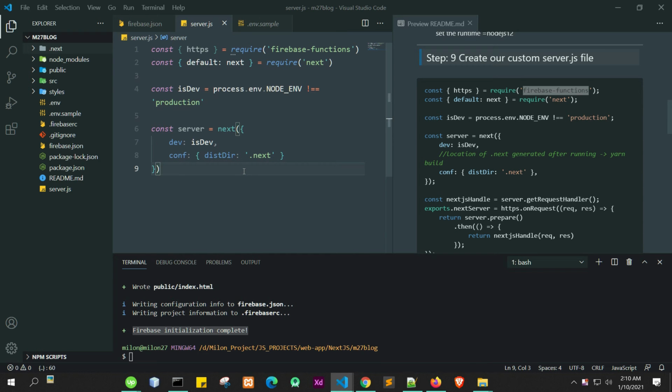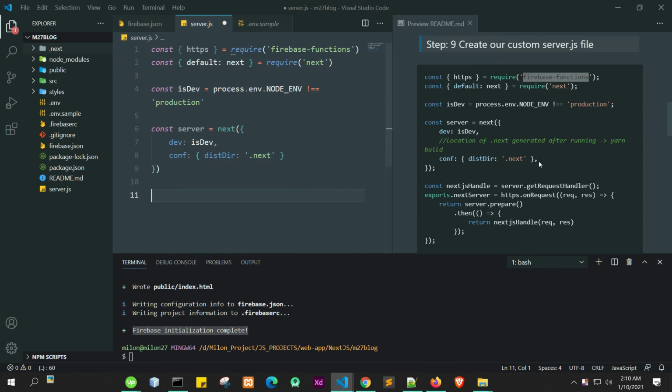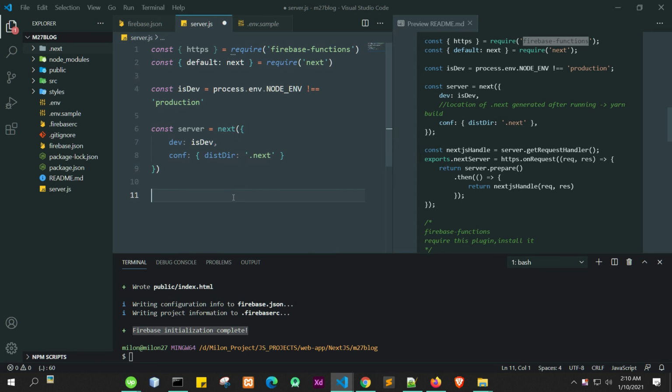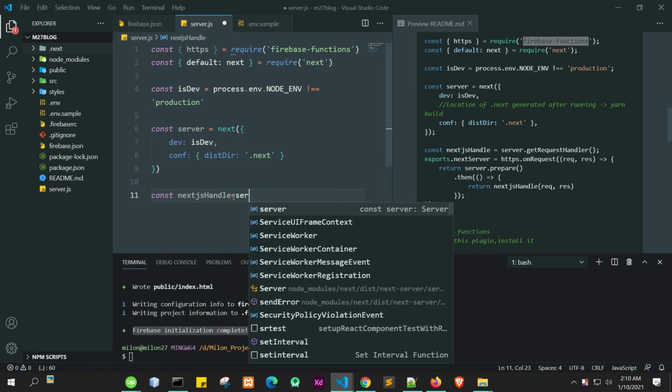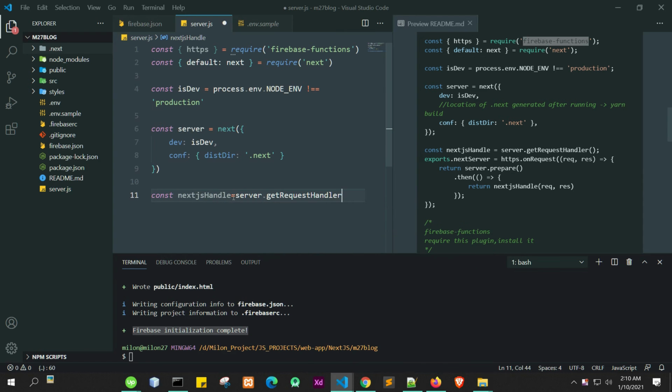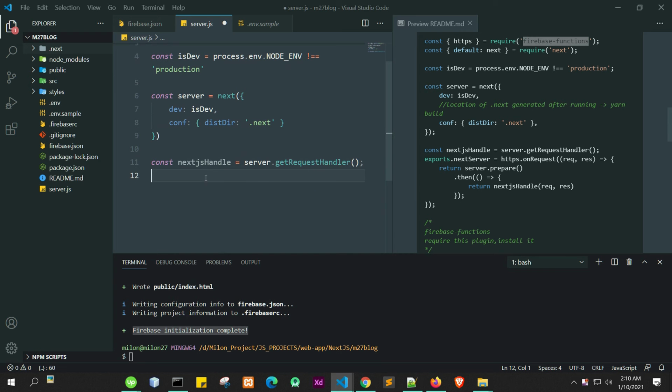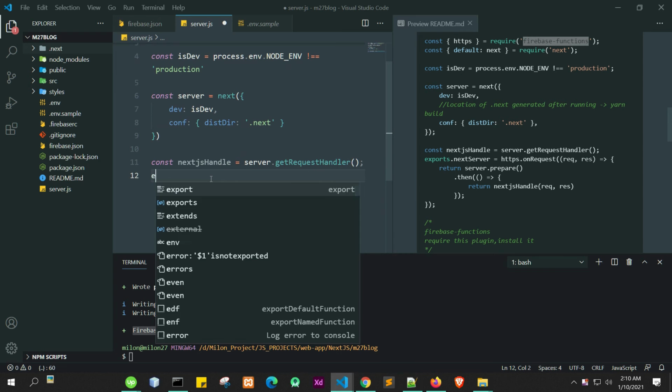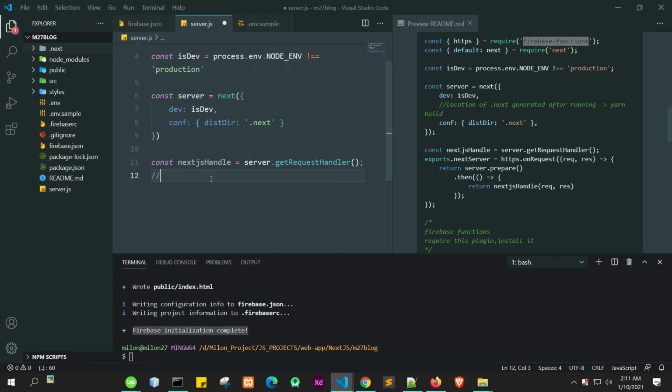So after that we will create Next.js handler equal server dot get request handler. After that and finally we will create our Firebase function.